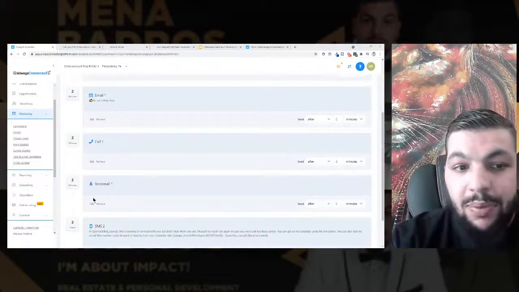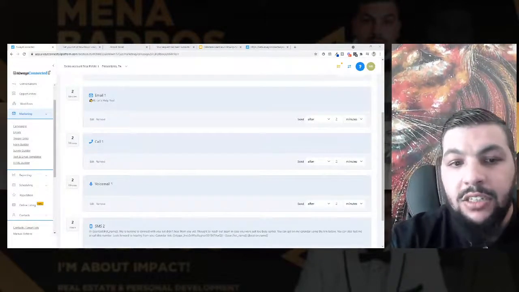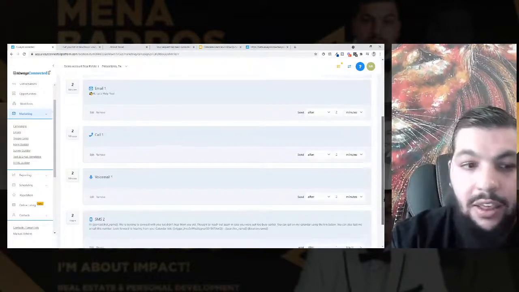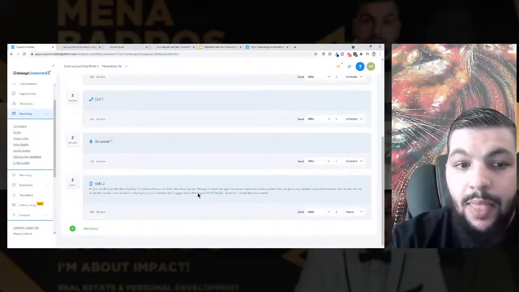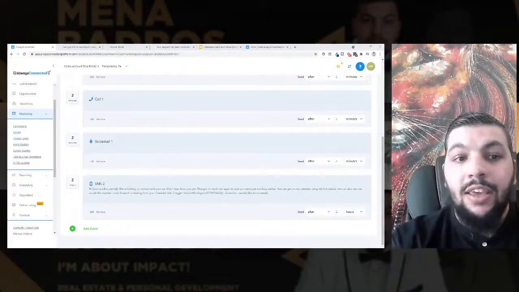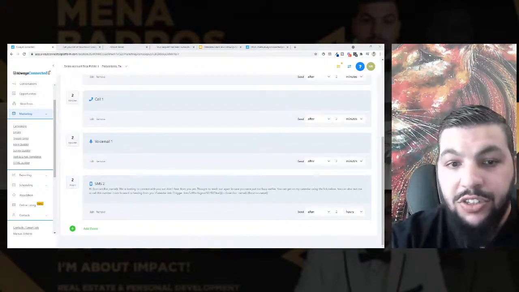If they don't pick up, then you will leave a voicemail, and that voicemail is automated. So it's an MP3 file you already created. And then in 2 hours, it will send them another text saying you haven't been able to connect with them. So basically in the first 2 hours, there are 6 touches that go out to this person.